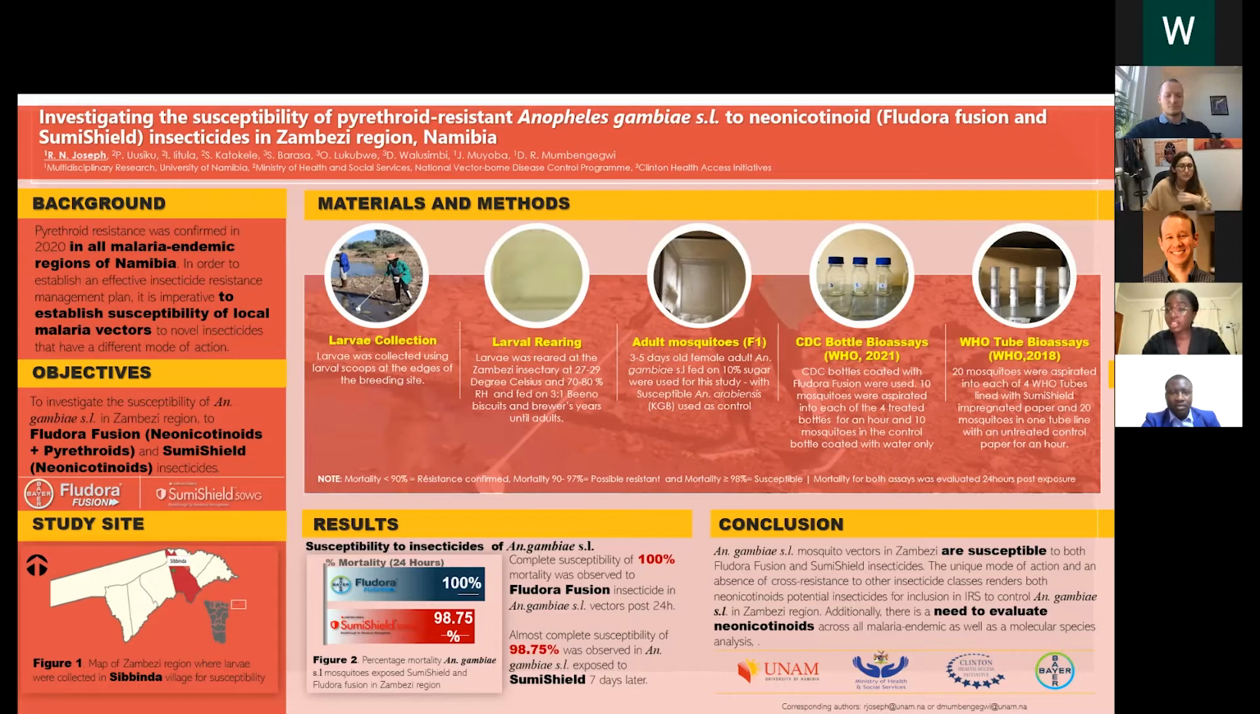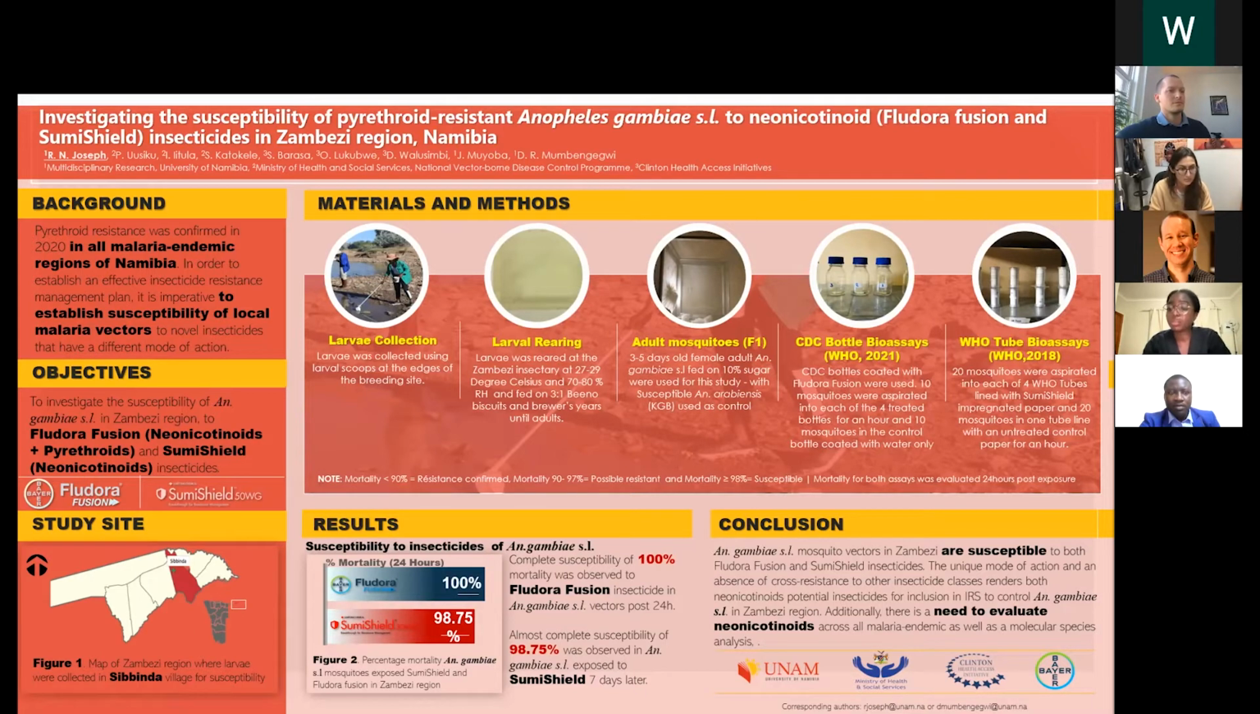As per the findings of the study, Fludora Fusion induced 100% mortality of Anopheles gambiae mosquitoes, which was 24 hours post-exposure, and Sumishield only induced a 98.75% mortality, which was evaluated 7 days later. In conclusion, Anopheles gambiae mosquitoes in Zambezi region are susceptible to both Fludora Fusion and Sumishield,